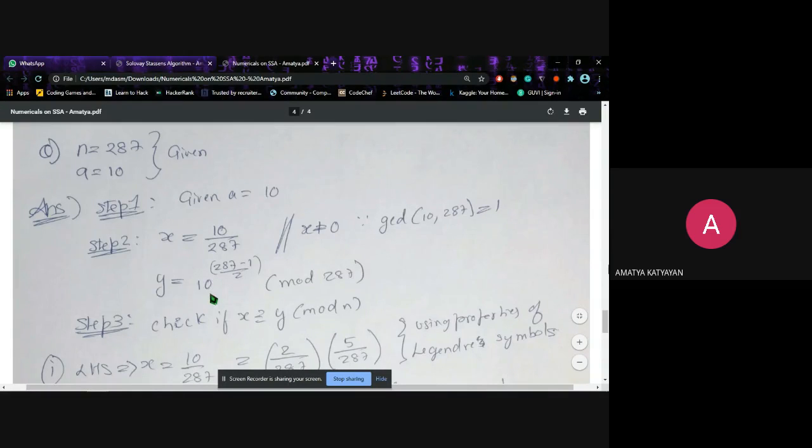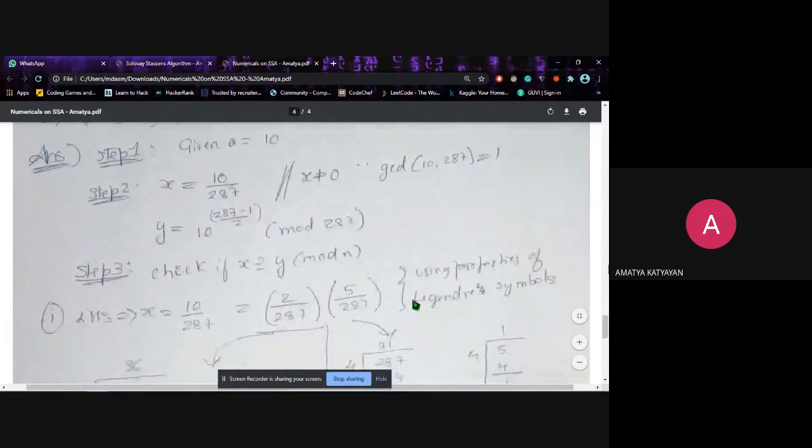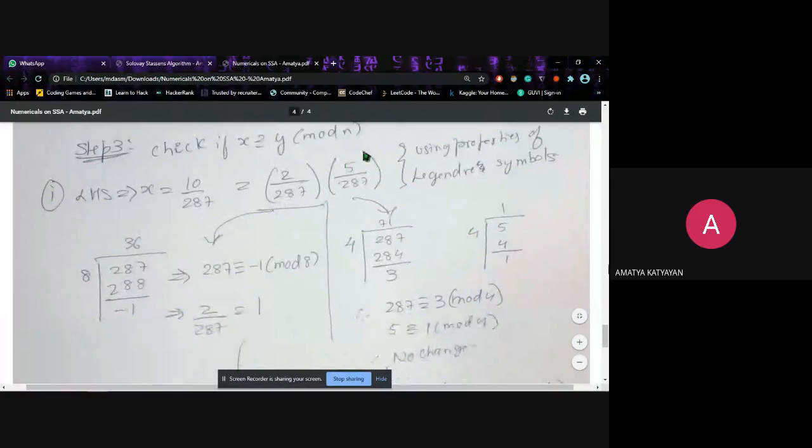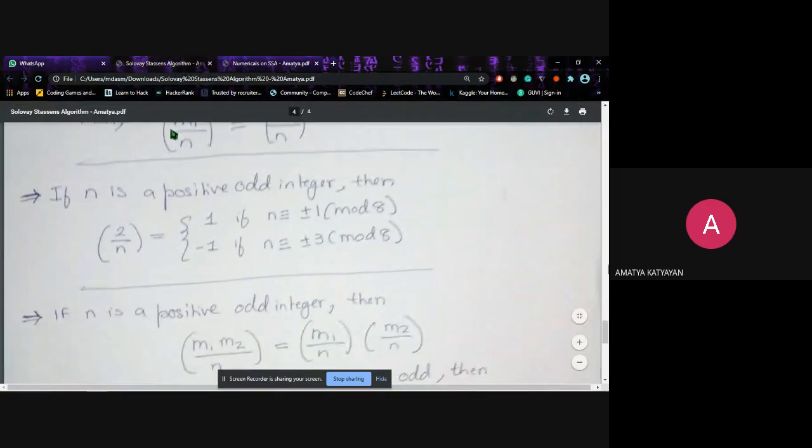So y is a raised to (n minus 1) by 2 modulo n, that is, a value is 10, (287 minus 1) by 2, same steps, and you get LHS is this, RHS expression is this. Now we have to check if both are equal or not. Okay. So same condition, we have to check whether it is equal or not. LHS is equal to x is equal to 10 upon 287. Now 10 can be split up like this. How? I'll tell you. This is one of the properties that we have discussed before. So if you remember,